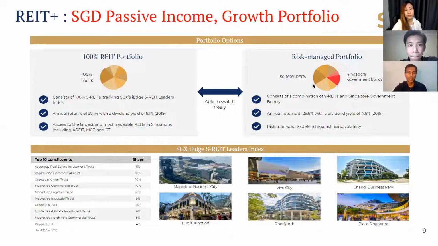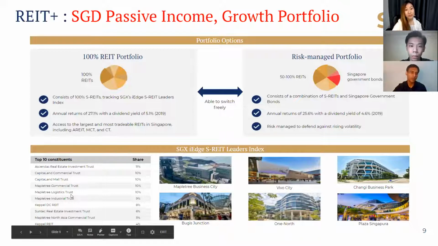And a lot of investors, because REITs still can be fairly risky, want an alternative where they want to preserve their capital, but they want to get better interest rates than what they're getting in their fixed deposits and stuff like that. So I think the 50% that we have currently in bonds gives you that safety net, and the other 50% that you have in REITs really gives you that higher dividend yield, right? So it's very evenly distributed in terms of how investors are investing across these two portfolios for us. And in terms of the index itself, as I covered earlier, very well diversified. People have this concern, and Don, you can address later as well, where malls and offices are potentially not doing that well.